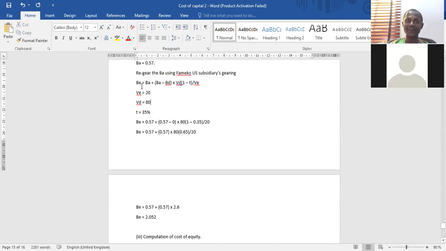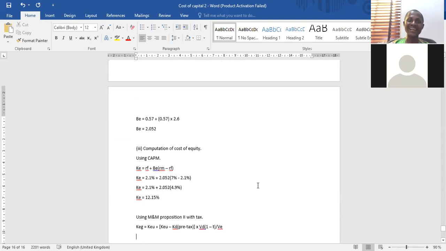So that's what I've done here now. If you know the beta of a company that is not geared, I can use it to compute the beta of equity of a company that is geared. Can you see that now? That's what I'm saying. So the same formula, only that when you have beta of equity, you now have cost of equity. When you have beta of asset, you have cost of equity on debt. When you have beta of debt, you now have what? Cost of debt. That is the only difference between this formula now and the one we have been using. Okay?